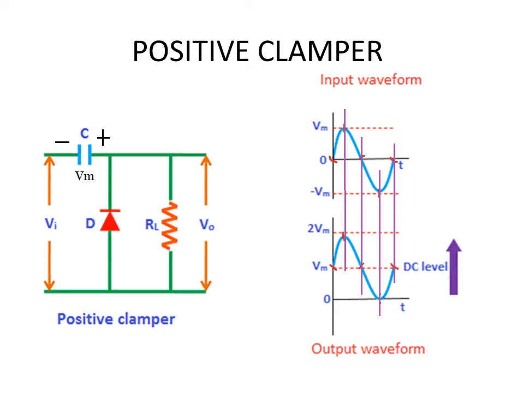Now what we have to do is we just replace this capacitor and you draw a battery there, and then we will begin to analyze from 0 of the input voltage. It increases and reaches Vm and again decreases, reaches 0, goes to the negative side and reaches the maximum, which is negative Vm, and thereafter comes back to 0.